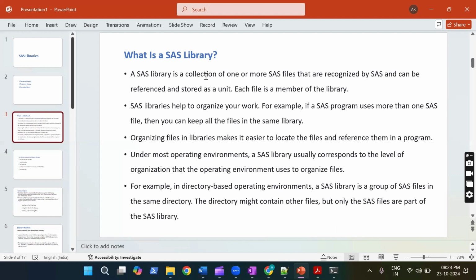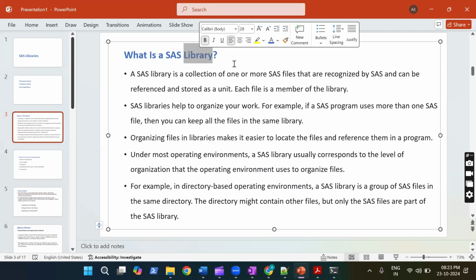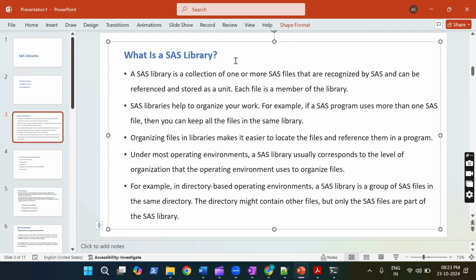Like that, SAS also supports one library. In SAS, we name it a library. Why we name it a library is that the naming convention is different compared to other platforms. So here, the library stores all types of SAS data. You remember SAS data. Each user can create their own library and manage and store their own